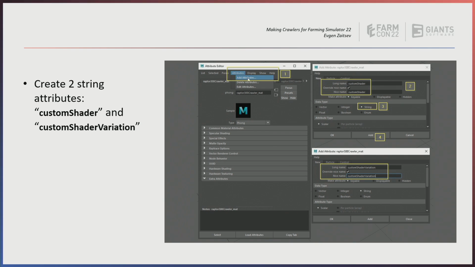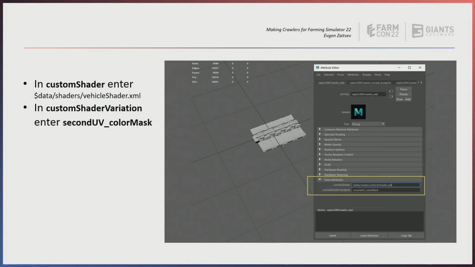So you select the material, add attribute, and put one attribute called custom shader, select string as the type, and press add. And the same for custom shader variation as a string attribute, which will be an attribute of the material. So at the end, if everything is correct, you should have custom shader variation with this path, like $data_shaders_vehicle_shader.xml,